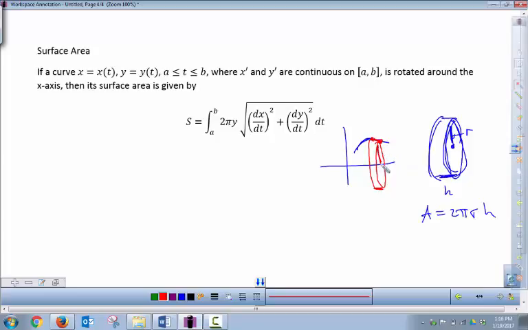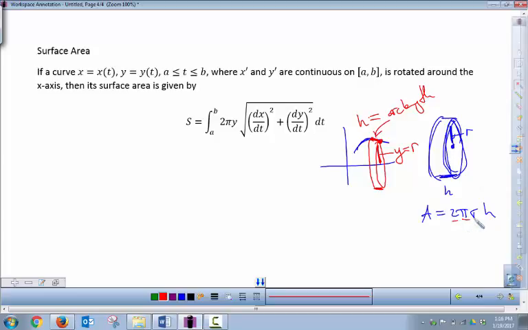The radius, the radial distance, is really just the y value of that curve. And what we're going to do is sample points with a Riemann sum. We're really just sampling a bunch of points between these two, x sub i and x sub i plus 1. And then the height here, the h, is the arc length, or the representation of the arc length. So if you imagine your height being the arc length and your radius being the y value of this thing,